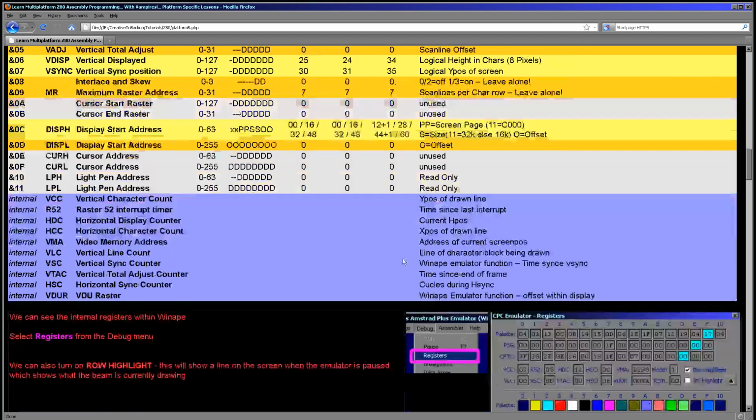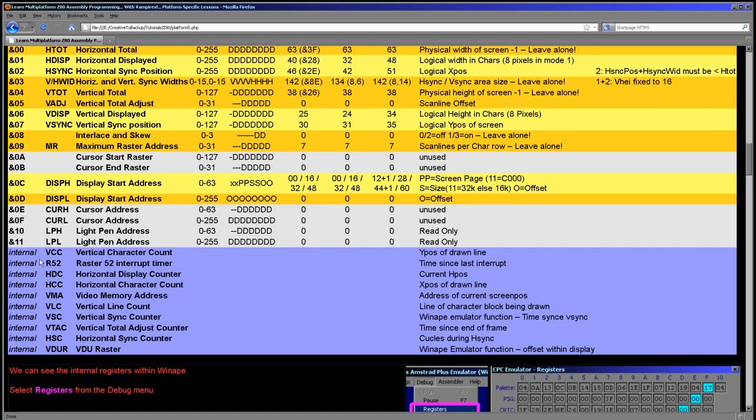We're going to be looking at them again later, but the new thing we need to discuss is these internal registers. You see, while there were some registers that we can change and on some of the CRTC functions read back, though some CRTC modes can't read back, so we're not going to be looking at that. But while there were registers that we can change, there are also registers that are internal. Now, these are things like the current position of the beam,